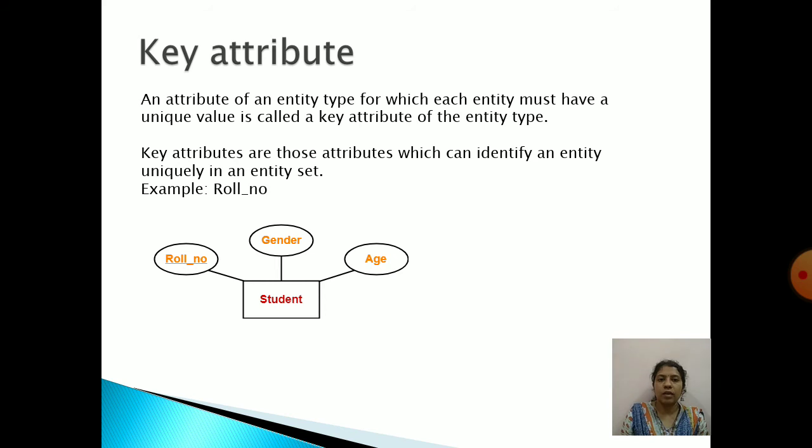Then how can I identify using gender? It is not possible. It is not unique for each and every student. But USN, it is unique for an individual. Correct? So using that attribute, I can identify the entities in the given database. Okay, so key attributes are those attributes which can identify an entity uniquely in an entity set. If I have thousands of employees, using employee ID, I can identify the individual among 1000 employees. Okay, so in that case, employee ID is the key attribute.